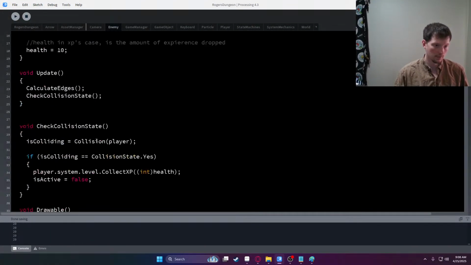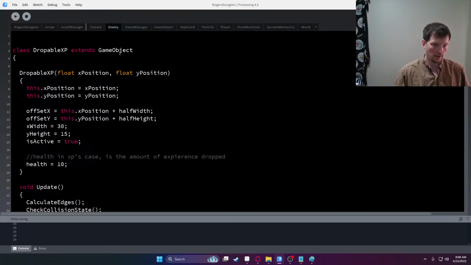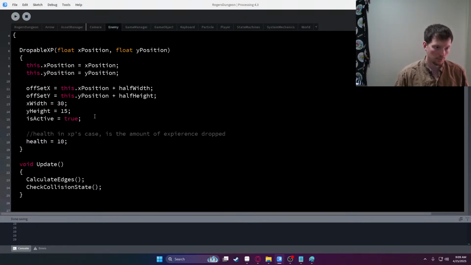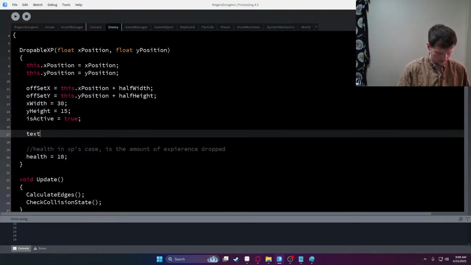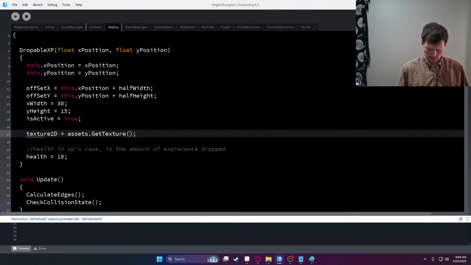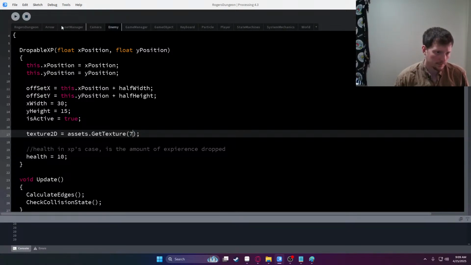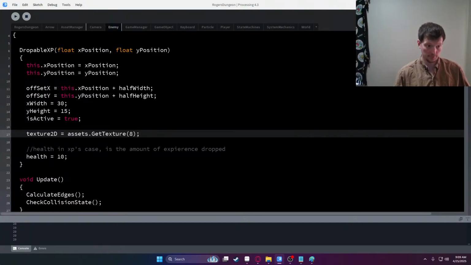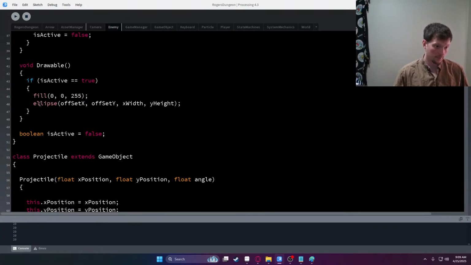Here, we're gonna. So anything that extends from game object actually has texture to it. Notice UI didn't extend. So here we should be able to go straight inside assets, texture, and I think that was like 7, 8, something like that. It's 8. The other one is 9. And then over here, instead of drawing this ellipse,